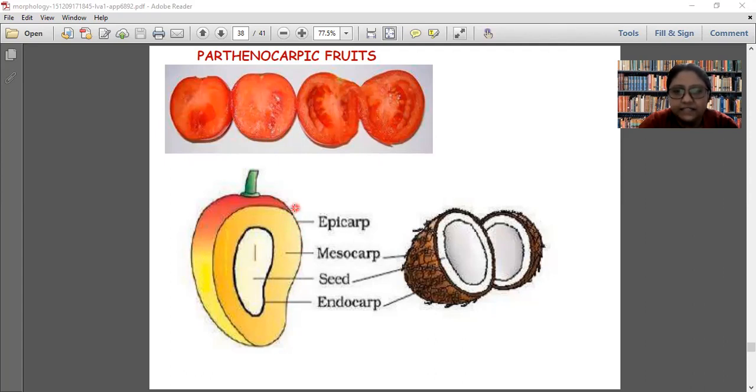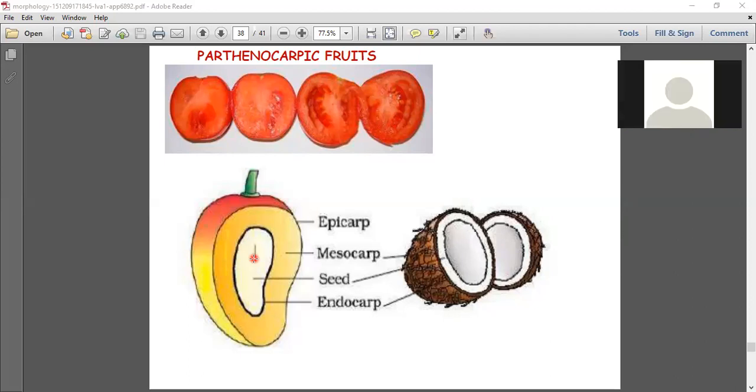If you look at a fruit, these are the parts. The outermost part is known as the epicarp, then the mesocarp. Inside that there is the endocarp. Inside the endocarp there is a seed. I always tell my students that once you eat a mango, you take that inner part. Many people think that is the seed. It's not the seed. Inside that a seed is there. If you sun dry the stone and shake it, you hear a rattling sound inside. That seed is moving actually.